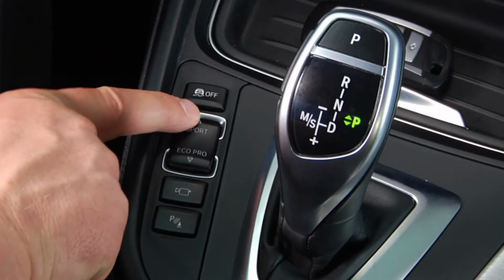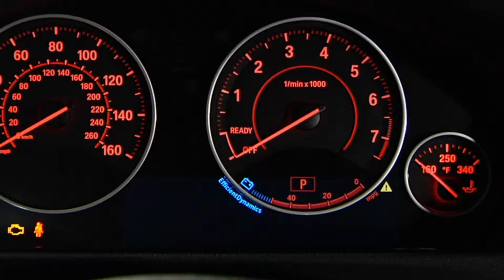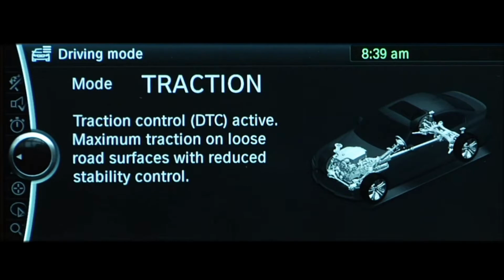First, this light will illuminate if you activate Dynamic Traction Control by pressing this button, or by placing your vehicle in Sport Plus mode using Driving Dynamics Control. When Dynamic Traction Control is selected, the word Traction will also display in the instrument cluster. Dynamic Traction Control provides a little better grip in slippery conditions by allowing for a little more wheel spin before